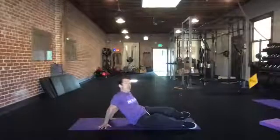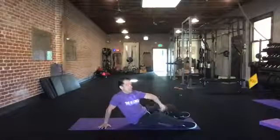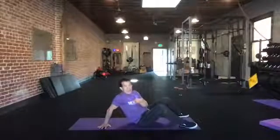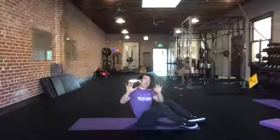So from here, I'm going to take my hands off of the ground right now. This knee, I'm going to try to get the inside of that knee to touch the ground. But I don't want my hands to disconnect from the ground. So at all times while we're doing this, both hands and fingers stay connected to the ground, and that'll increase